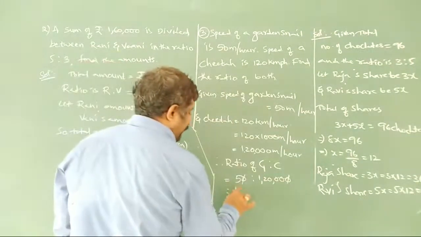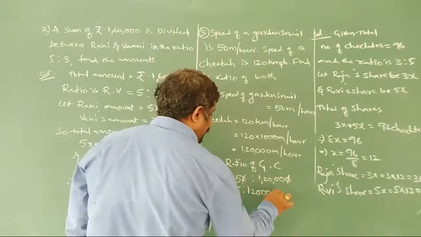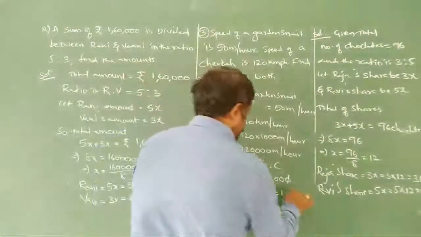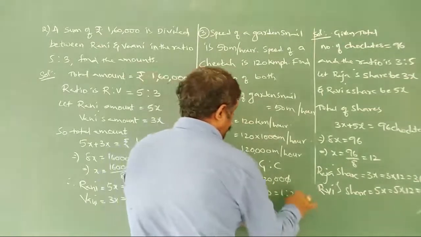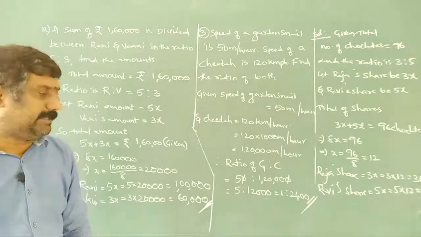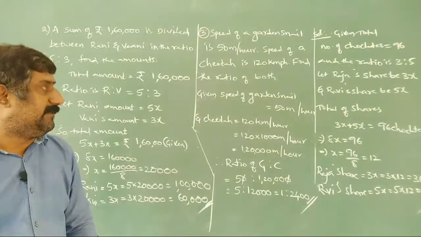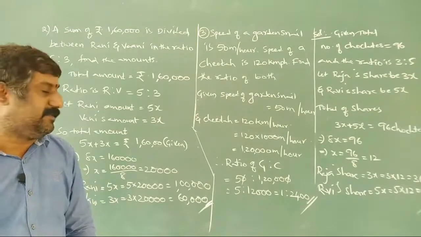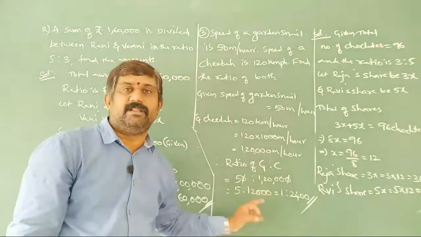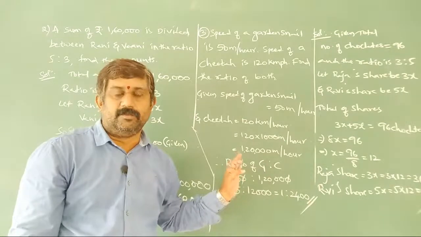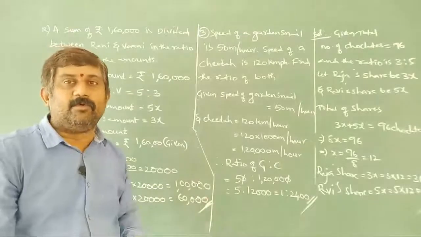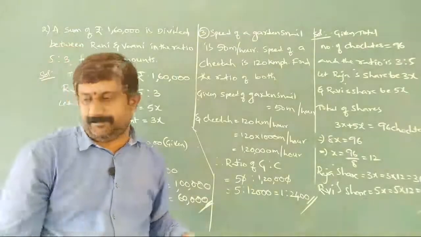So it is going to be 5 is to 12,000. Or else, in the 5 table it will cancel: 5 twos are 10, 2 left, 0, 4 zeros, 2 zeros left. So what is the ratio you are getting? 1 is to 2400 we are getting here. As we discussed in the basic definition, the units must be the same, meters, then only you can find the ratio. Okay, so this is ratio. I hope you understood very well, and we'll move to the next small topic, proportion here.